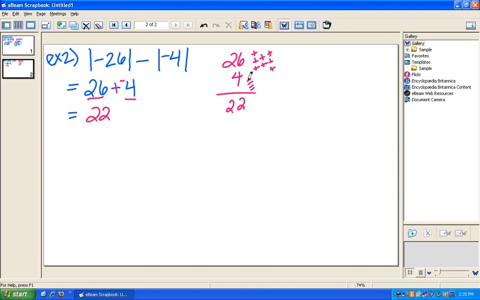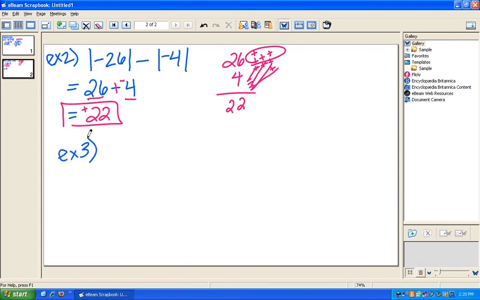And because we've gotten rid of all of these negatives, we're left with the group of positives. So our answer is positive. The 26 is a bigger number than the negative 4, so our answer comes out positive. We box our answer. So this is where you're going to try, and you're going to try to do example